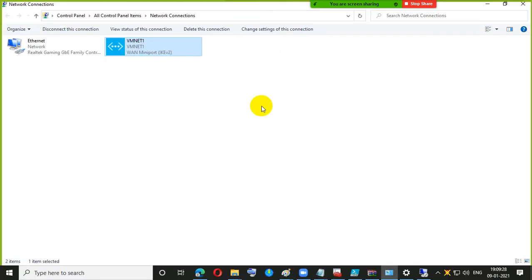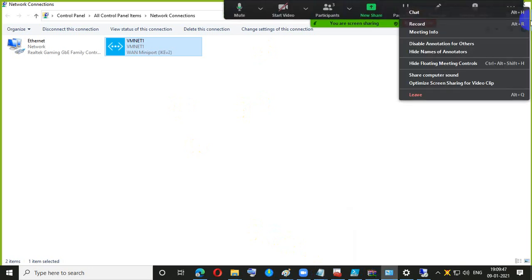That means the root certificate has to be installed on these machines. Then only it will communicate. Okay, clear? Yes, clear. Perfect.